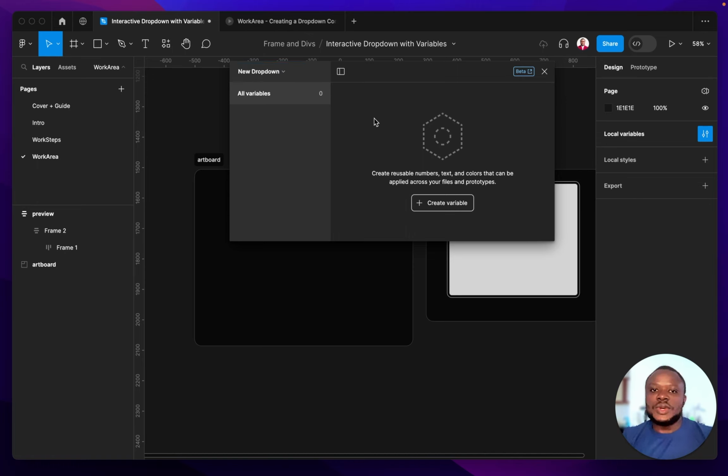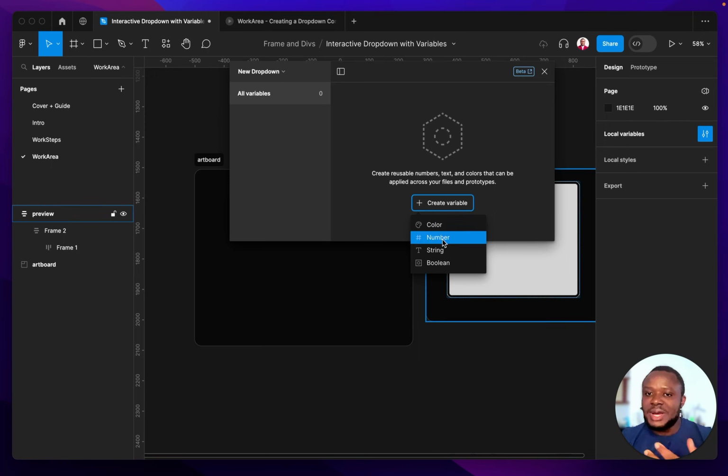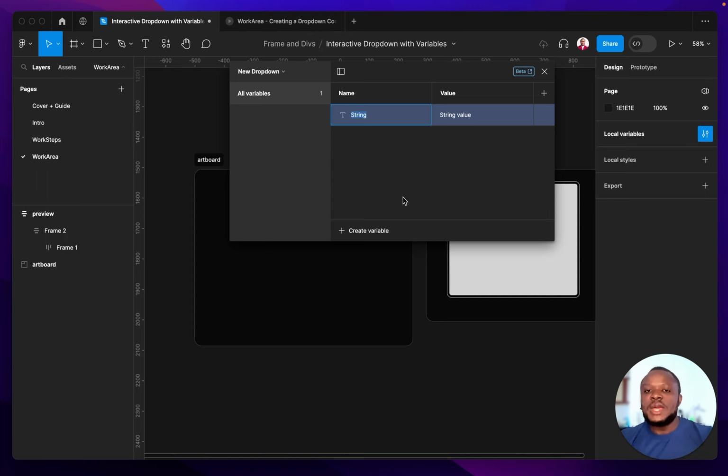right? So inside here we can create different kinds of variables. At the moment, we just have 4 types of variables: colors, numbers, strings. Mostly what we're going to be working with is strings, boolean, and colors. Strings are text, right? So I want to create a drop down where a user can select different types of job type, right? So be it design, product, engineering, right? So we give it a name, so give it a design. Then in this case here, we can call this roles. So for the design, we have maybe a product designer,